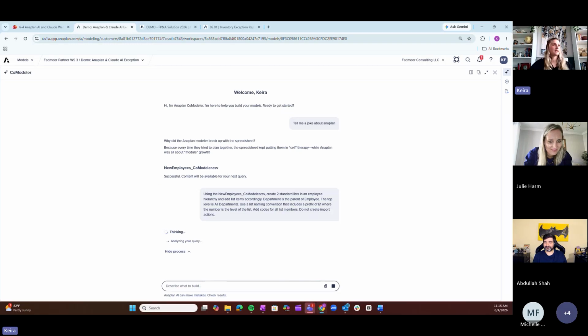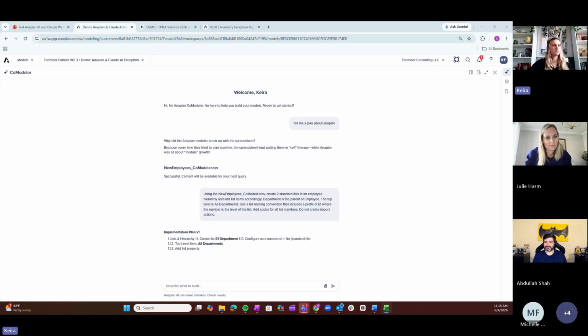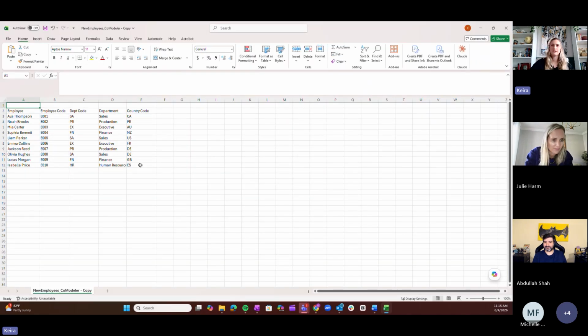And while that's running, let me show you the source file that I used. Something like this, a really simple employee roster, but the concept is still the same, whether it's a really simple employee roster or a much larger and more complex file, it still works the same. This is just an easy example to show you the structure that you could put in there